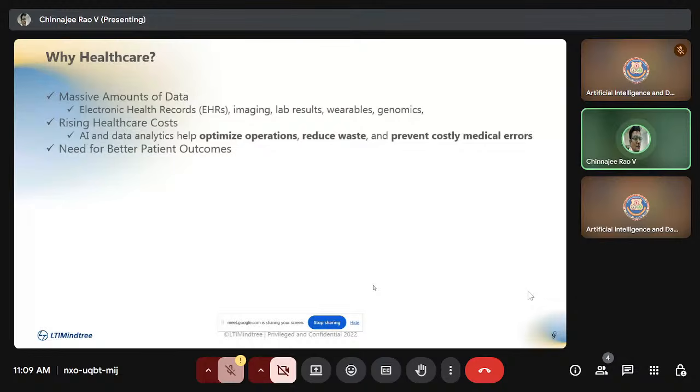The need for better patient outcomes. So, volume-based care to value-based care. Previously it was volume-based care. They would take some 2 or 3 patients, and from there they would identify. Now it is value-based care, because it's giving an accurate value. Because of that, the outcome will be, so the death rate,